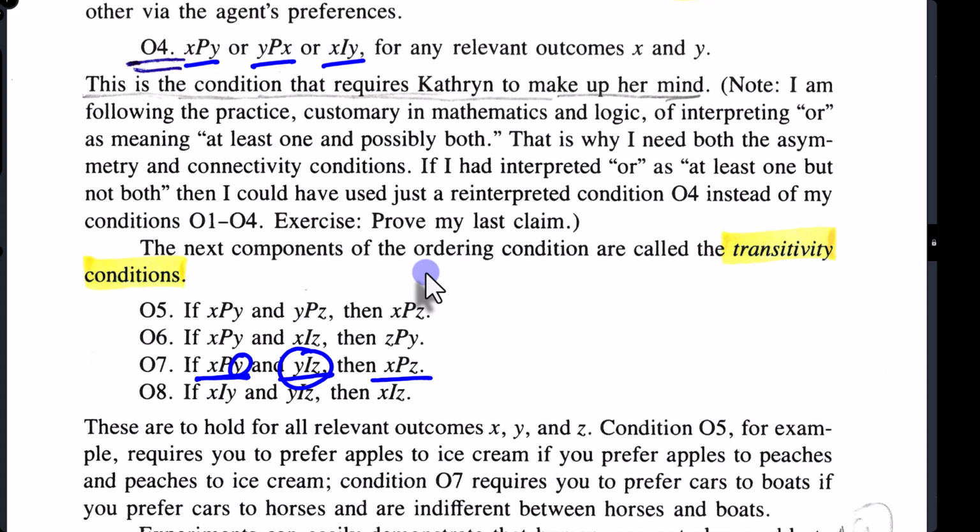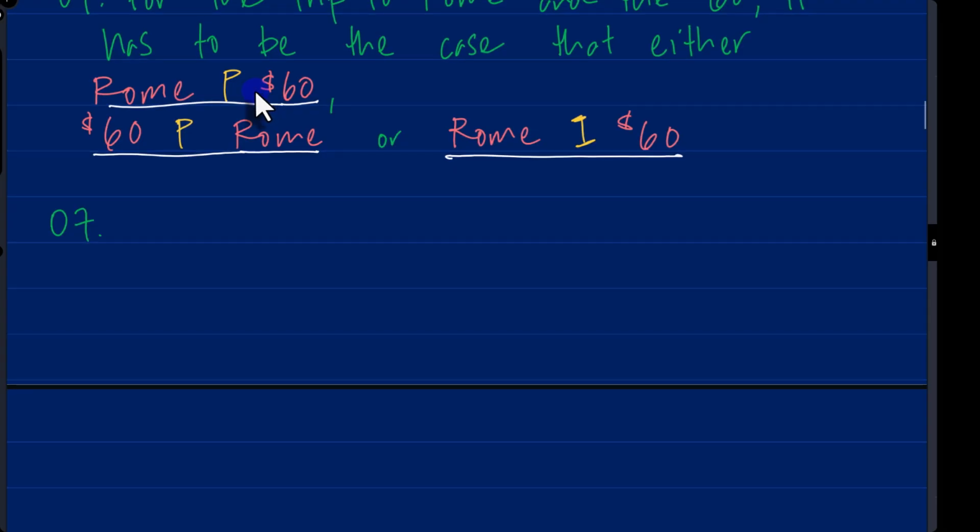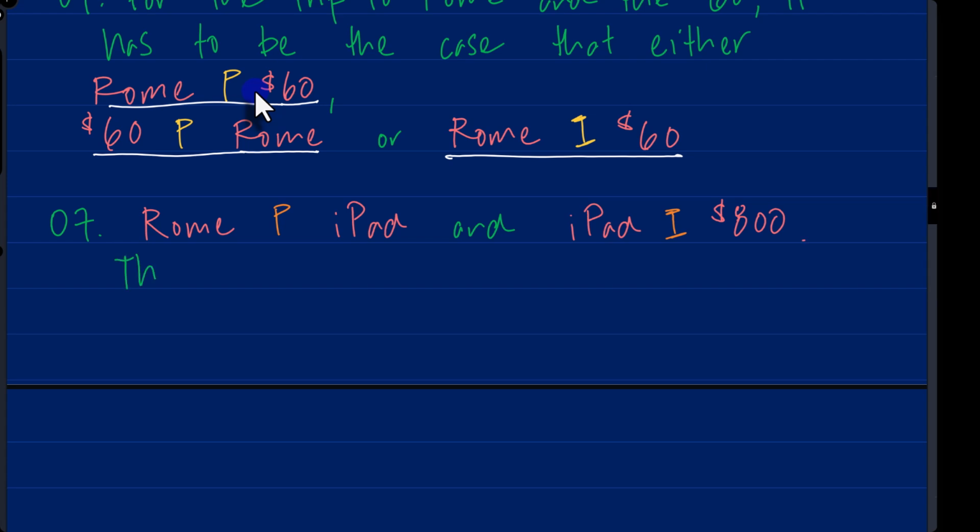So that means that the person also is going to prefer X to Z. Okay, so these were both given in my initial list. I prefer Rome to getting the iPad. And I'm indifferent between getting the iPad and $800. So therefore,